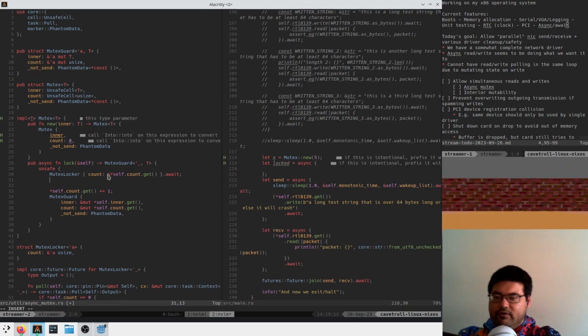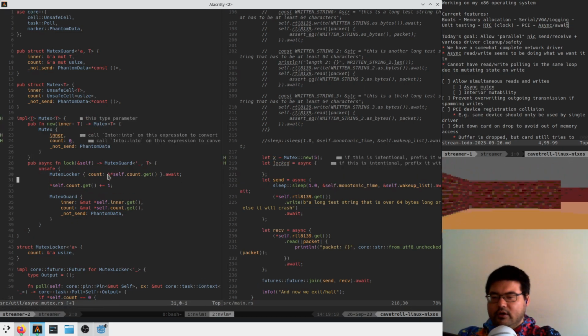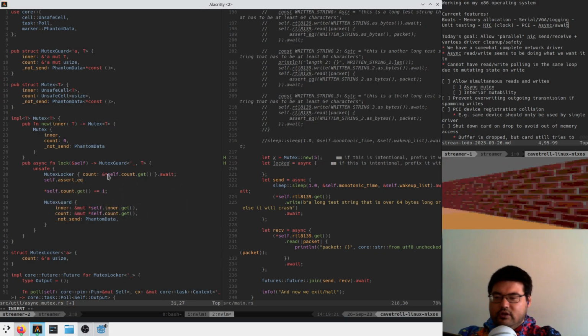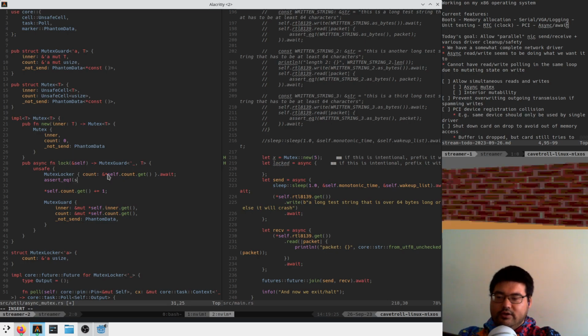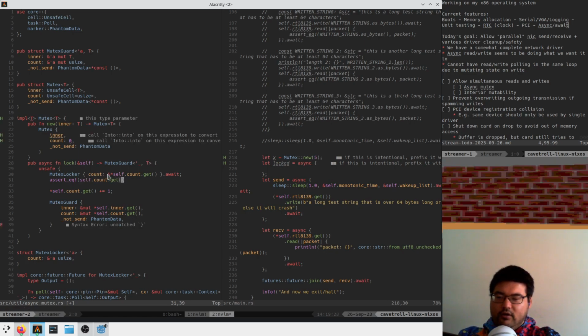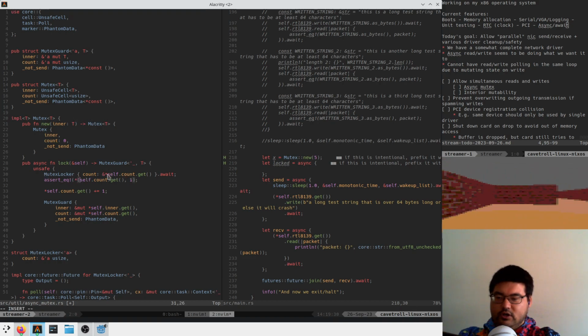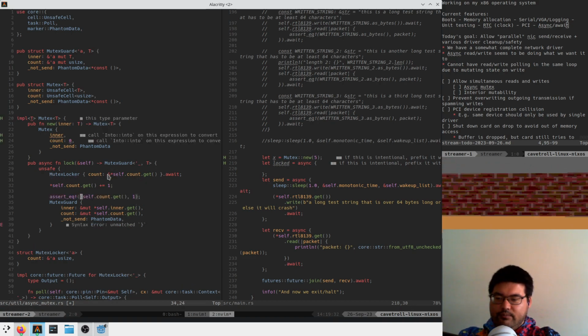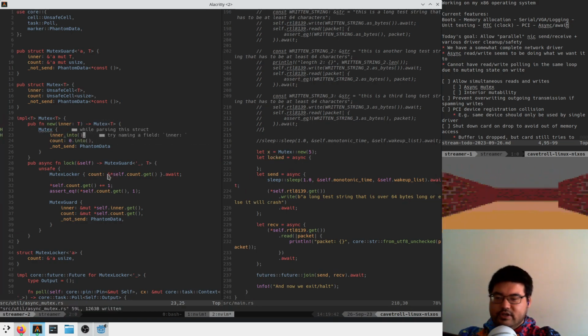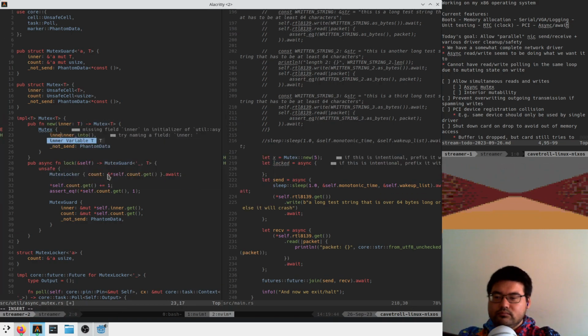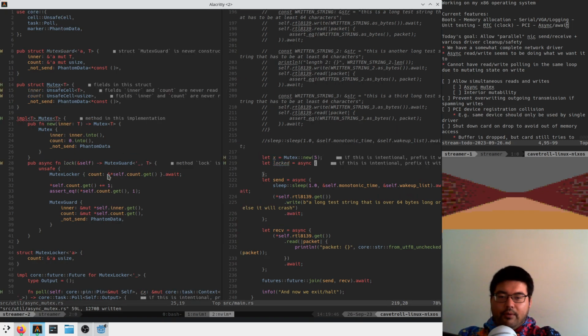I think for a little bit of extra safety here, we can say assert_eq that self.count.get is going to be 1 after this. We need to make sure that we're not double incrementing somehow, which I think would be hard, but just double checking. And here we call into to turn these into unsafe cells. Like this. Okay, so now we're going to call this, we're going to lock x,